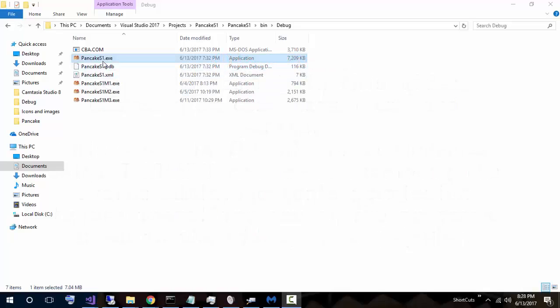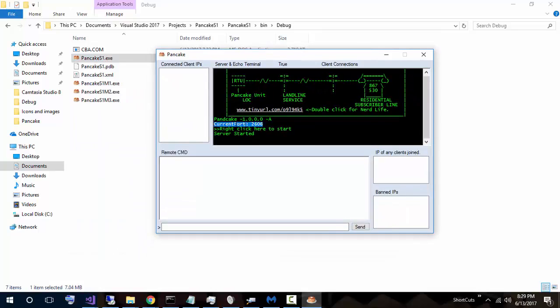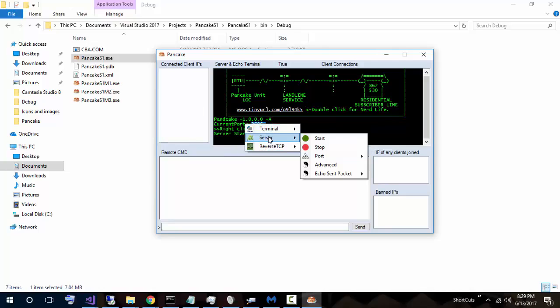Hello, this is Mac, and I've been spending the past month and a bit, I think, building this botnet sort of program. So this is the server, and we'll let that load. And it should start the server immediately on port 2606, and it's got a lot of features,